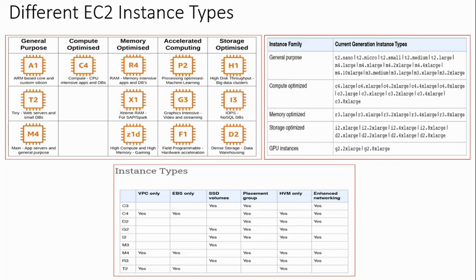Suppose, being an architect, someone asked you: I want to develop one gaming intensive video streaming device, and I have selected the G3 EC2 instance type. Is this correct? You don't need to remember whether it is G3 or G5, but you understand G is for gaming, right? So you can say yes. Similarly, you need to understand this concept. You don't need to memorize anything to pass the solution architect exam.